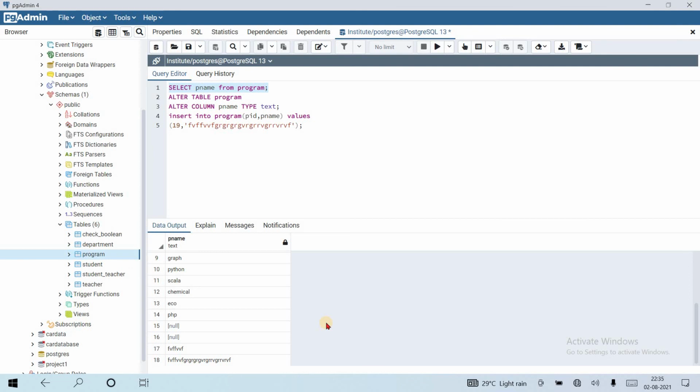When data is fixed length, we can use the character data type. Suppose an ISO country code, which is a fixed length, so we can use the character data type there.